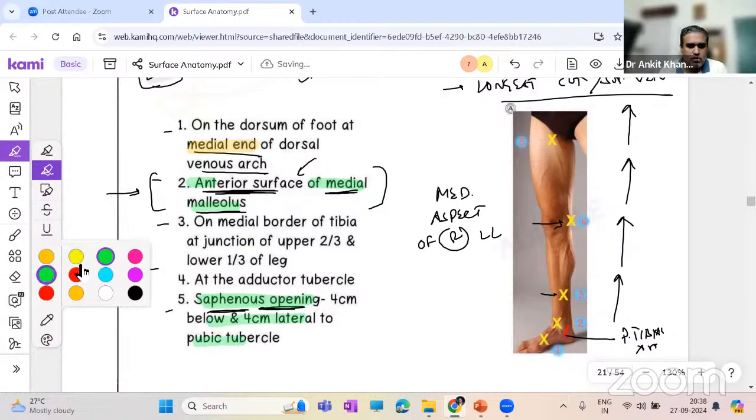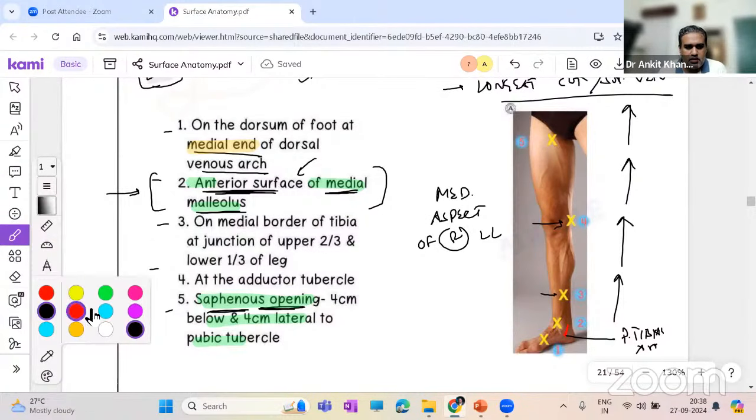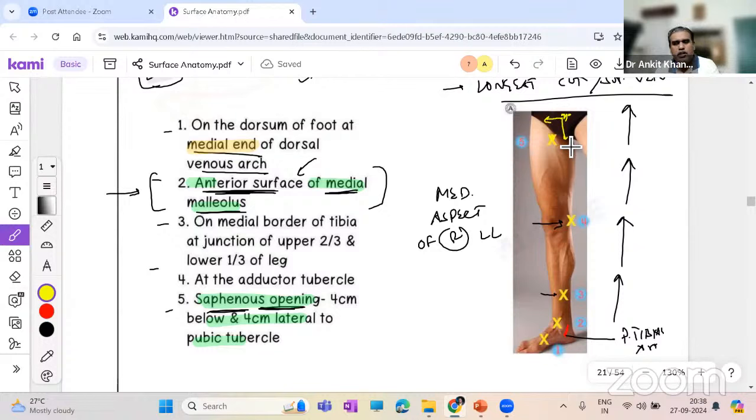So what is this whole pubic tubercle thing? See, what we are discussing over here is, let me use this color. This was the pubic symphysis, if we remember. Just over here, we have the 2 pubic tubercles. 4 centimeter below, 4 centimeter lateral, this is the point of the saphenous opening. This is point number 5. So remember these points. Now coming to what I was saying, let me tell you this applied importance in